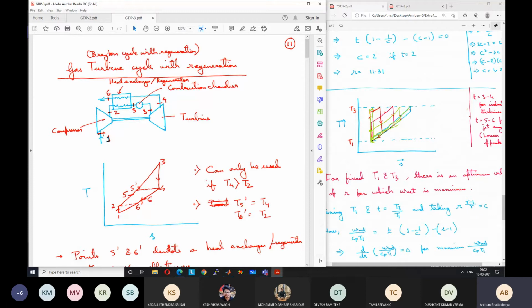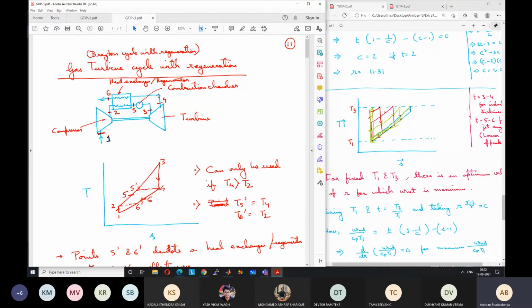So you have the compressor again, and the compression process going from 1 to 2. From 2 to 5, we have a temperature increase at constant pressure in a heat exchanger. The temperature of the air increases at constant pressure, similar to the combustion process but without combustion; due to heat exchange, the temperature is increasing. Then from 5 to 3 is the combustion process in the combustion chamber. From 3 to 4 is the expansion in the turbine, and from 4 to 6,